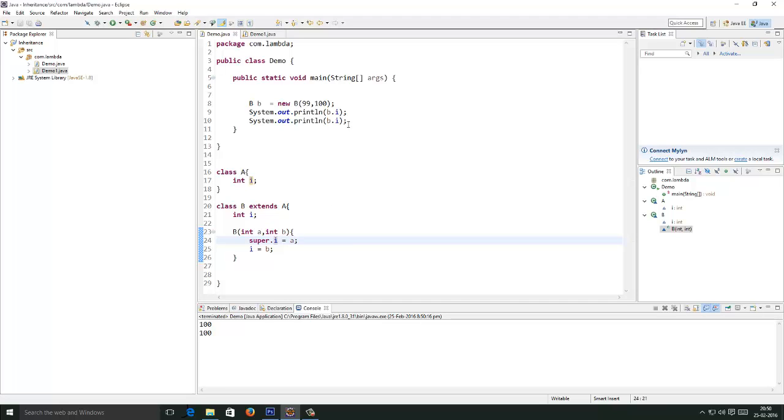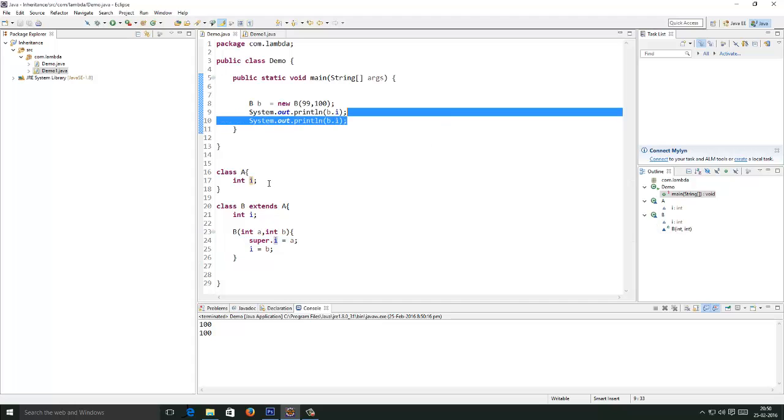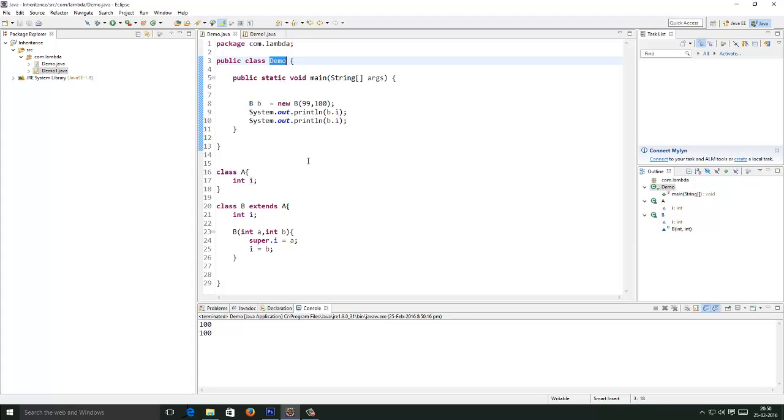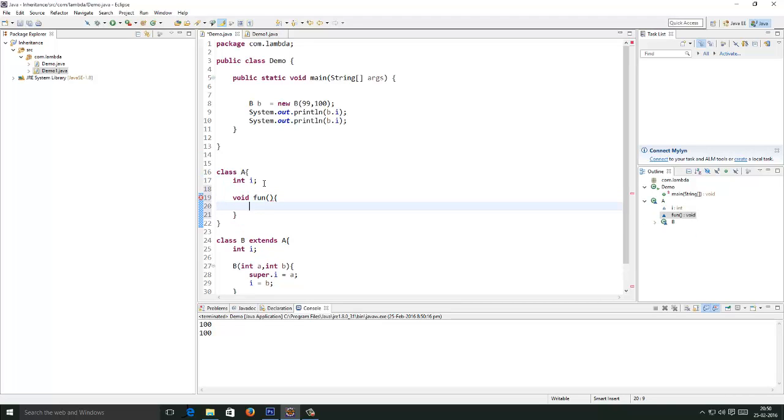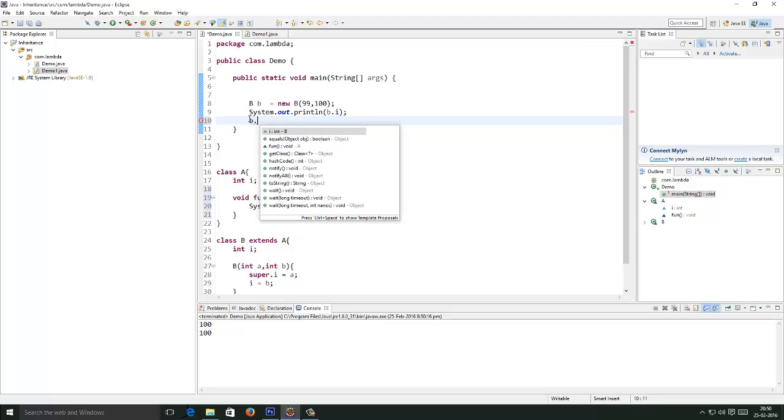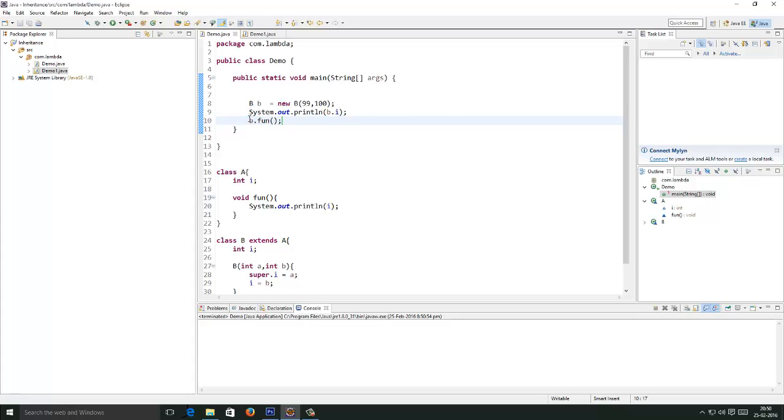Okay, but still at this point of time I am not able to access I, right? I can't go ahead and say b dot super dot I, because super always points to the immediate superclass. There is no superclass for demo. So what do I need to do? I need to bring in some method to understand whether the value has been passed to the superclass variable or not. So how would I do it? System.println of I, and just invoke, instead of p dot I, invoke the fun method. From the subclass you will be able to invoke the superclass method, right? That's what we understood. See, inside fun you can